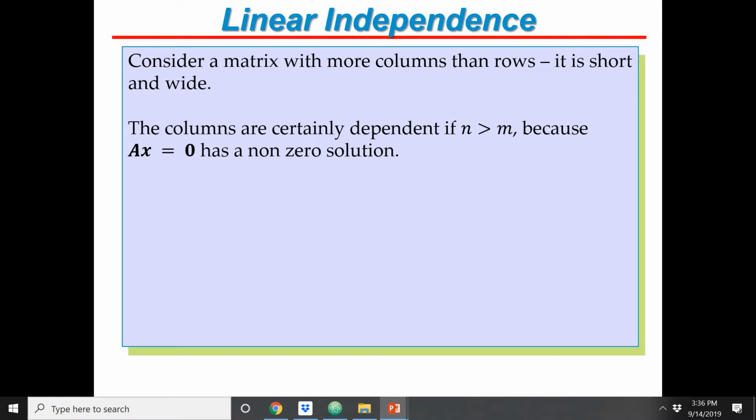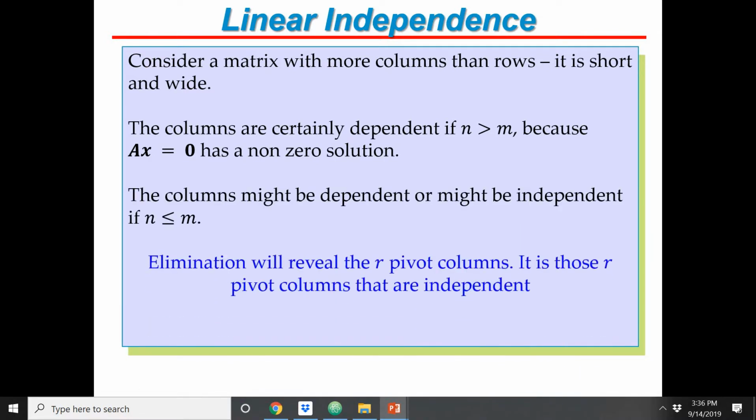Now, it is very possible that you have the opposite, if m is greater or equal to n. Basically in this case, what you need to do is, again, elimination. You need to find the pivot columns, okay, so you have to identify the independent rows and columns, find the dimensionality of the null space, and somehow if